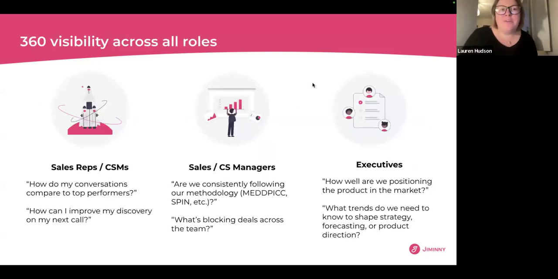Thanks, Petko. Now Petko has talked a bit about how to segment your data and how to get started with building a prompt. Hopefully you feel a little more confident with that. You might be thinking, is this relevant to my role? The answer is yes. Jiminny Panorama is relevant across all the types of revenue personas that we work with.